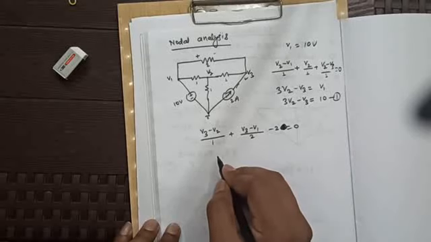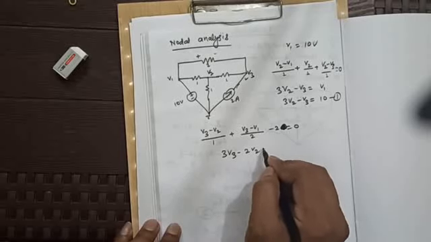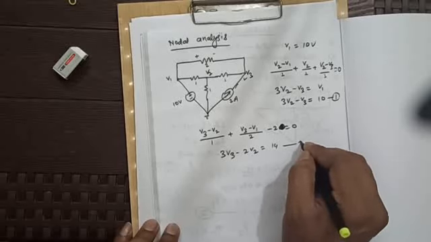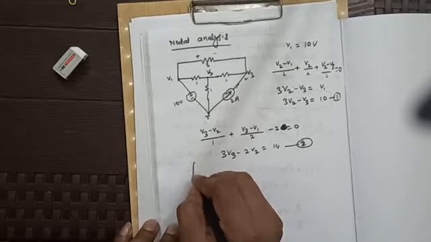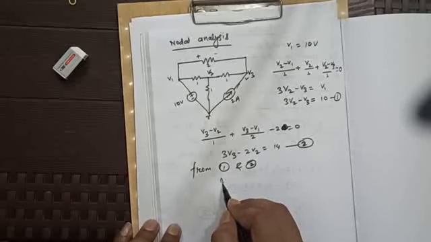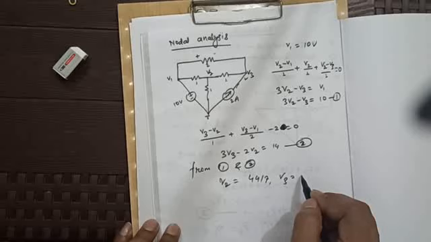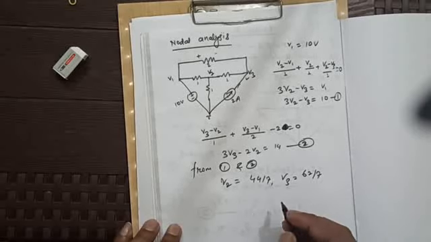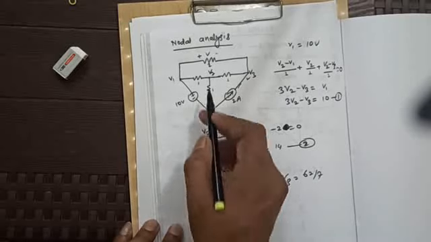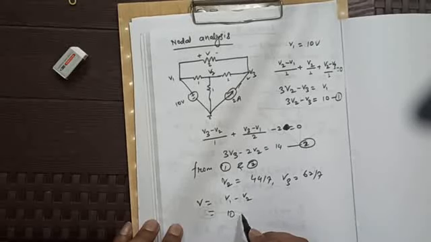After solving this, we will have 3 V3 minus 2 V2 is equal to 14. So this is our equation 2. Now solve from 1 and 2. We will have V2 is equal to 44 by 7, V3 is equal to 62 by 7. And as I told in the question, what will be V? V is nothing but V1 minus V2. V1 is our 10 volts minus